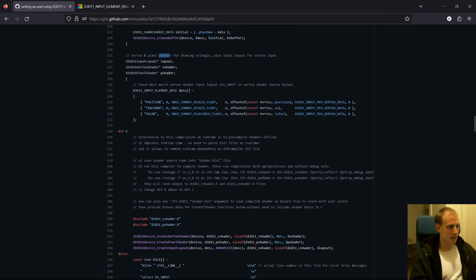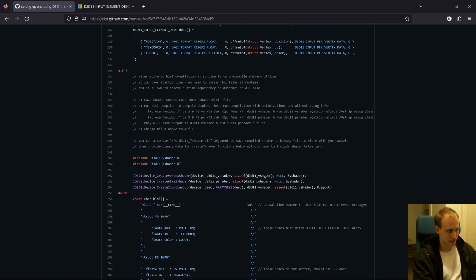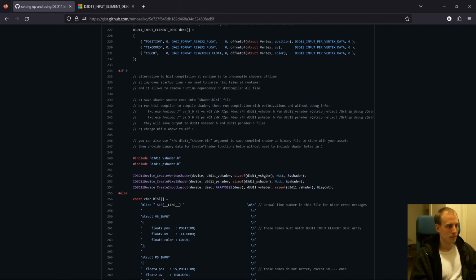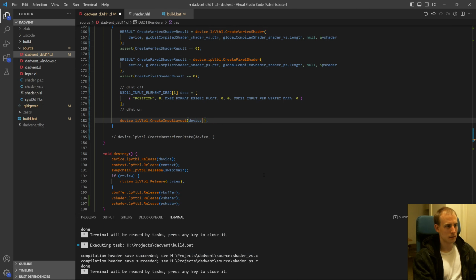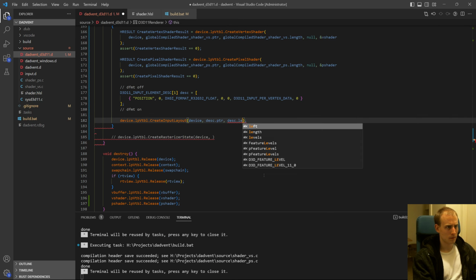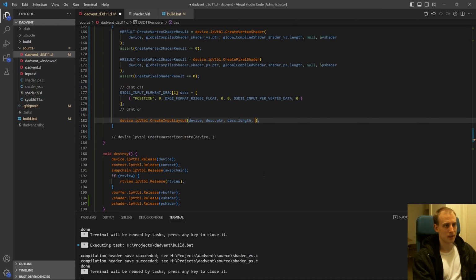Yeah, we don't have anything else. So now we just need to create the input layout, which is also on device. Device LP table, input layout. Device desk. Desk pointer, desk length, the shader to which